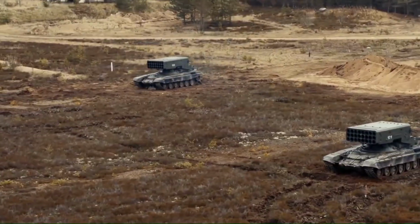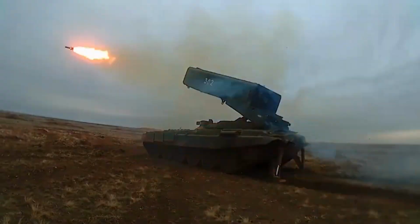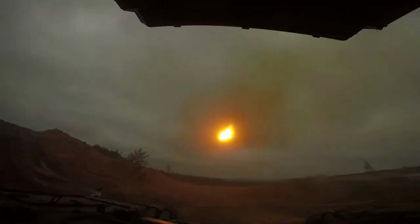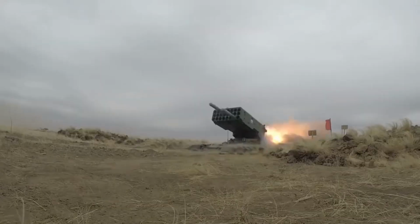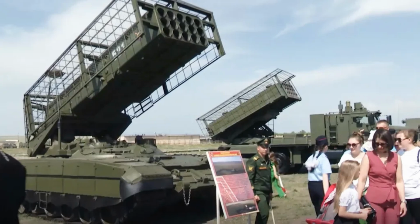This is probably a sign that they would be sending them to Ukraine really soon, despite it being a very new weapon system. We saw that earlier with the Malva SPH. The development of the weapon only started last year. Yet, after just a few series of tests, it immediately went into production and is currently being used in Ukraine in small numbers for now. So we could expect the same for the TOS-3 thermobaric rocket launcher in the near future